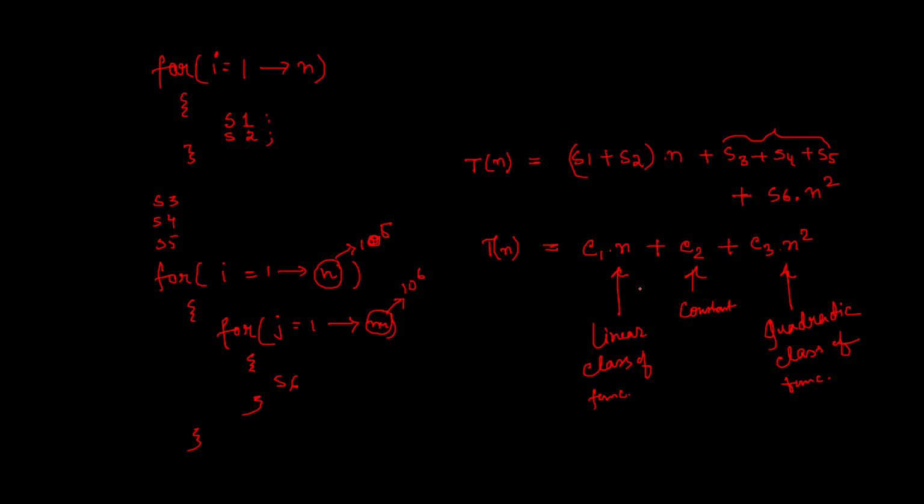Is my program following quadratic class of function? I don't know. But try to imagine, as we are saying, a very large value of n. So if you compare this C1 n and compare this C3 n square with a simple curve,